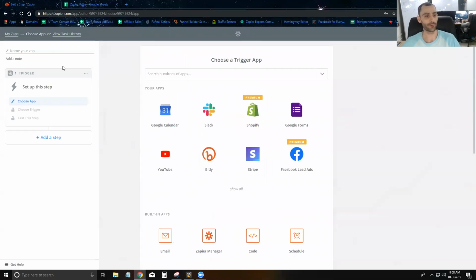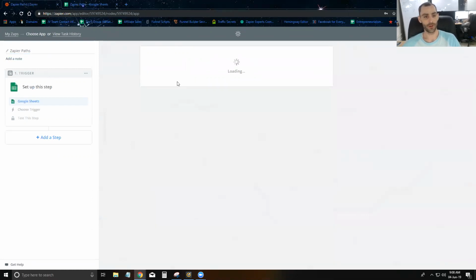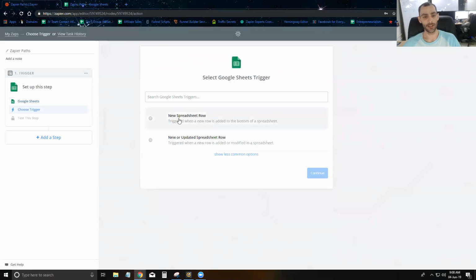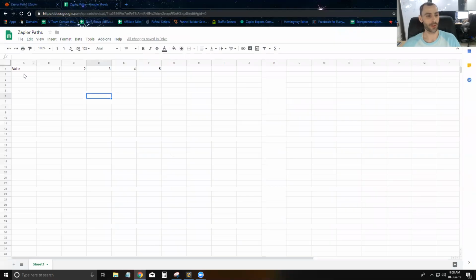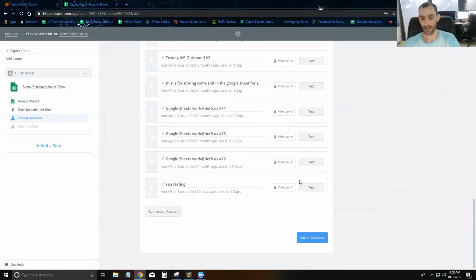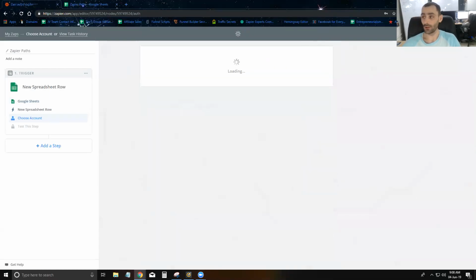Hopefully now you guys are really confident in using Zapier because you've gone through all the training. So what we're going to do is we're just going to have a trigger here where we're going to trigger off this spreadsheet right here. And whenever we get some new data to the spreadsheet, what we're going to do is we're going to use